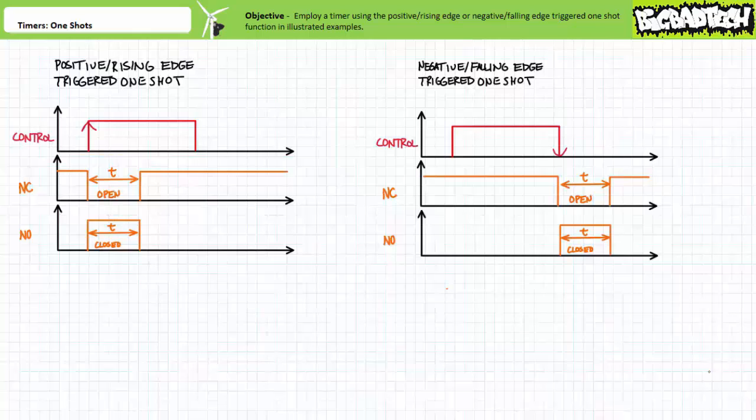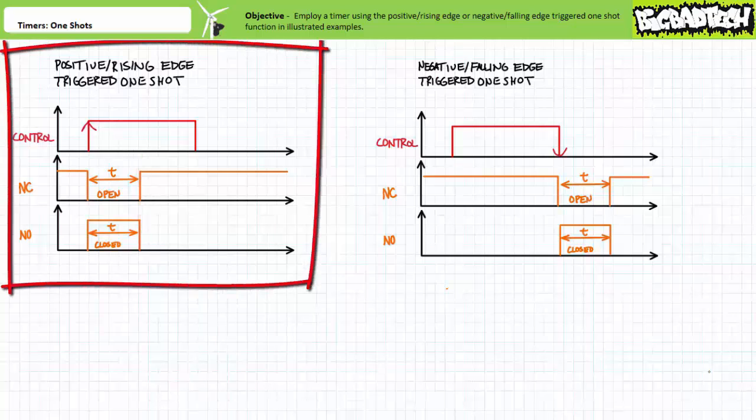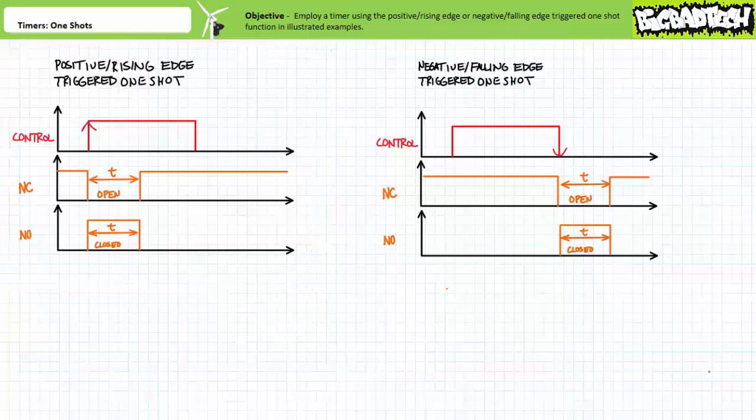A timing diagram of a timer executing the one-shot function would look like this. For a positive or rising edge triggered one-shot, when the controlling input is energized at this instant here, the associated contacts only temporarily assume the opposite activated state for a period T, and then revert to their deactivated state, despite the controlling input still being energized. This would be a rising or positive edge triggered one-shot, and essentially does exactly what the name suggests,